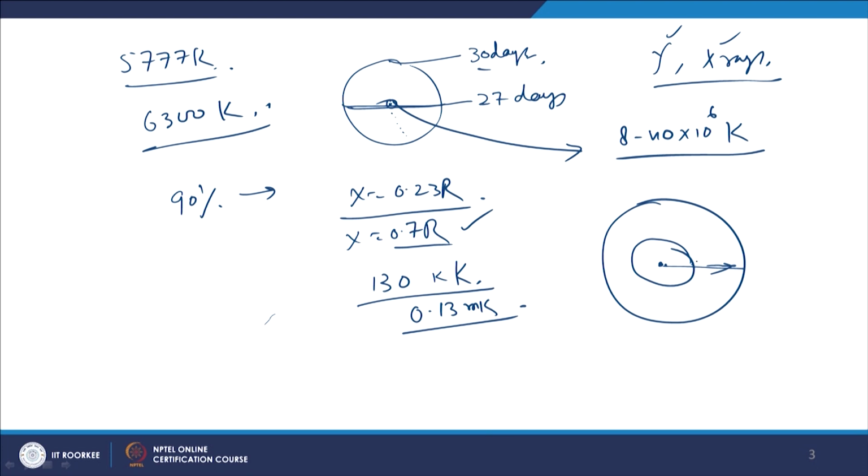This zone, which is 0.3, I mean 0.7, we have already moved. This 0.3 R is known as the convective zone. In this zone also the temperature falls to around 5000 Kelvin, and density is 10 to the power minus something kg per meter cube. Density is very low. When the temperature is very, very high, the density is going to be very, very low, right?